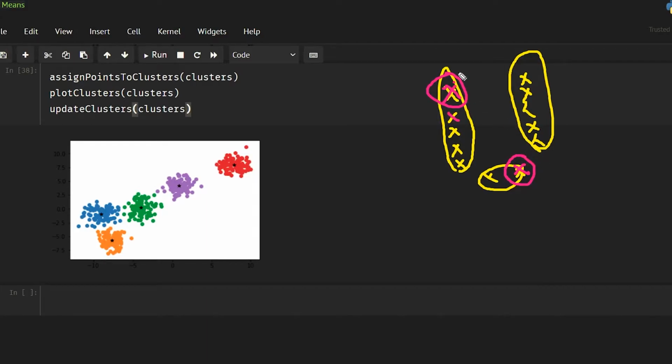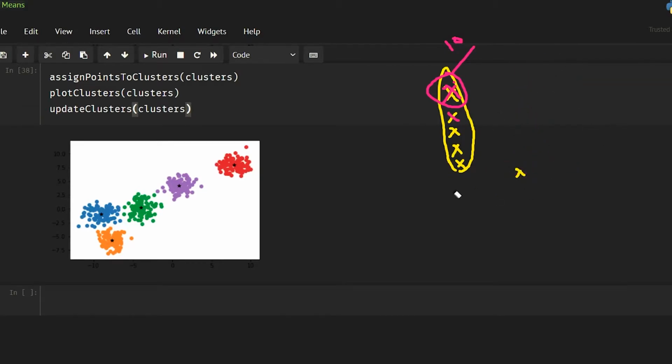Let's suppose the biggest distance from this center is 10, and the greatest distance from this center is 15, and the 15 distance is to this part. So we are going to make this the new center, and then again we will repeat the steps. This ensures that we always have at least one point assigned to a center. Okay, it is never going to happen that we do not have any point assigned to it.